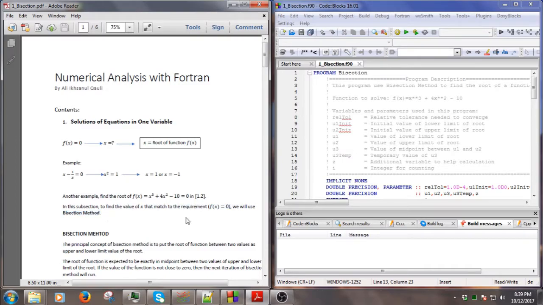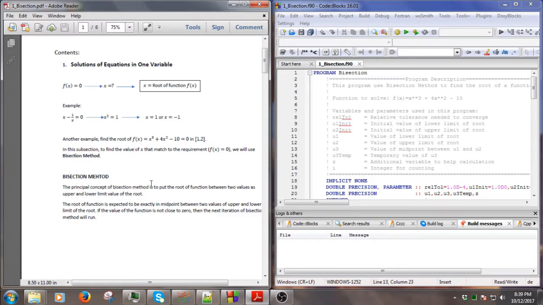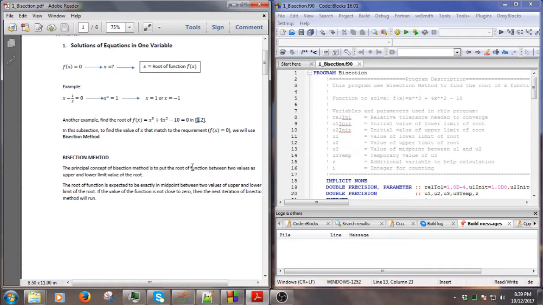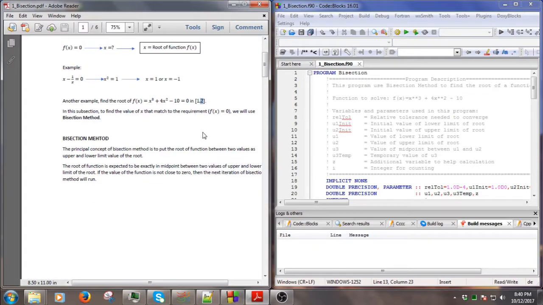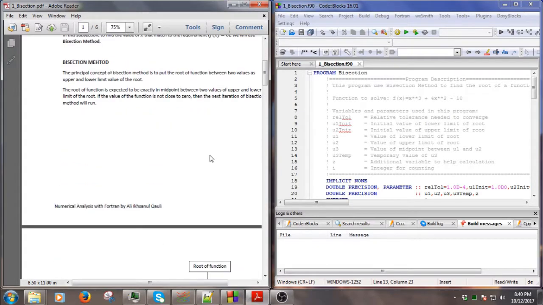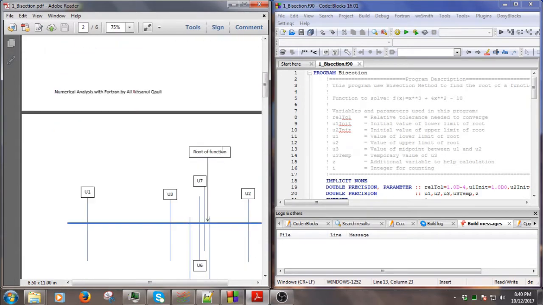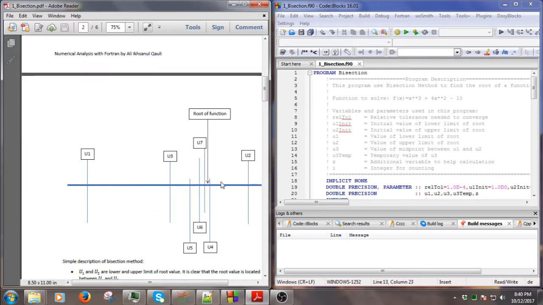The idea of the bisection method is simply that we have a lower bound and an upper bound of the region where the root exists, and we simply cut half of the region and find the next iteration. So for example, like this, we have a lower bound of the region and the upper bound here,